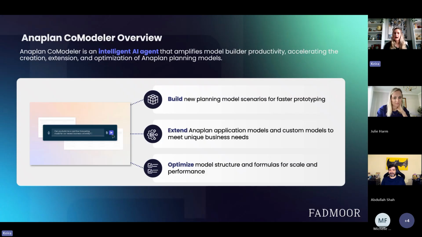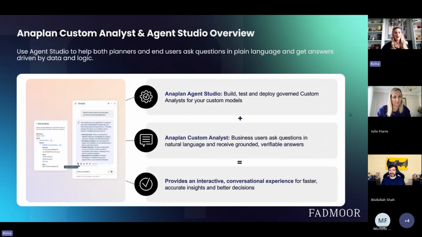We can take a look at how you can drop files into CoModeler and it can come up with those structures. We looked at the difference between the detailed prompts and the vague prompts and those clarifying questions. And then lastly, we looked at how it can help you with your documentation. With that, we're now going to shift into the analyst and how that helps the end users on the page